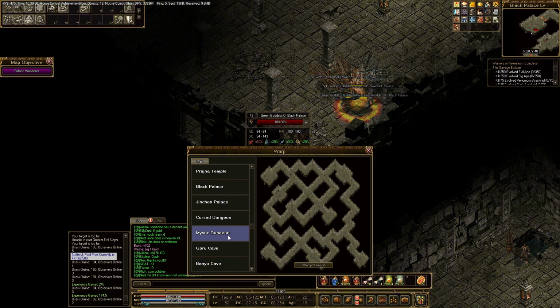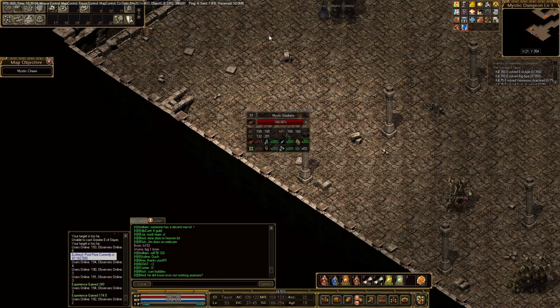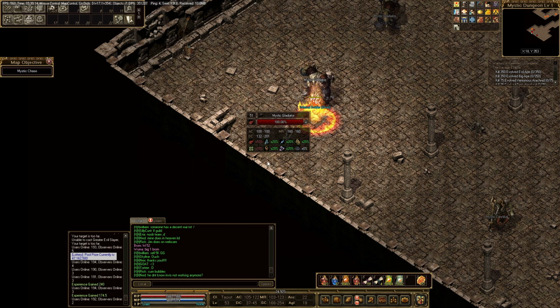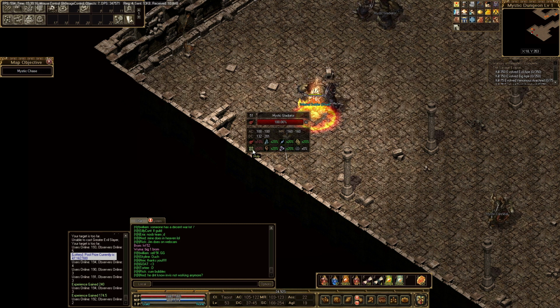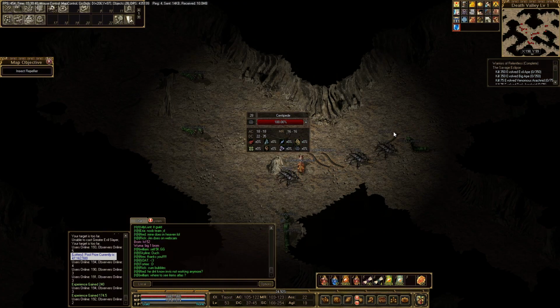If you go to another cave, like here, these mobs here show they have fire attacks. This is the fire emblem, so they attack with fire. Whereas the previous cave attacked with dark. These ones are also weak to holy and fire. But if I was to go to a cave such as Death Valley, these mobs